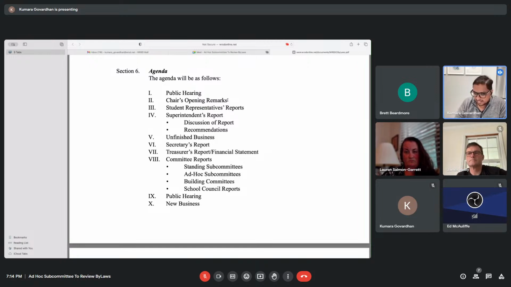If the chair has anything they want to say ahead of time, or in whatever order they want to discuss something. Just say chair's remarks. I'm going to take opening out of there, because if they decide to put it on their agenda as Roman numeral 5, then they haven't really met the rule of being an opening. This is now saying if you're the chair of the committee and you have something to say, you don't need to say it right at the top of the meeting. Just call the meeting to order, get down to business, and then say what you want to say later on at your discretion, or wherever you wanted to list it on the agenda. Just say chair's remarks is what I'm going to put down as a suggested bullet point.